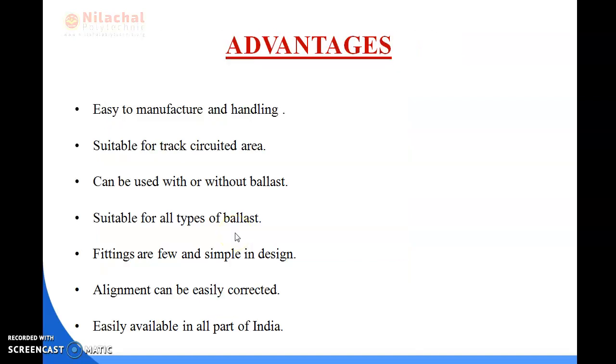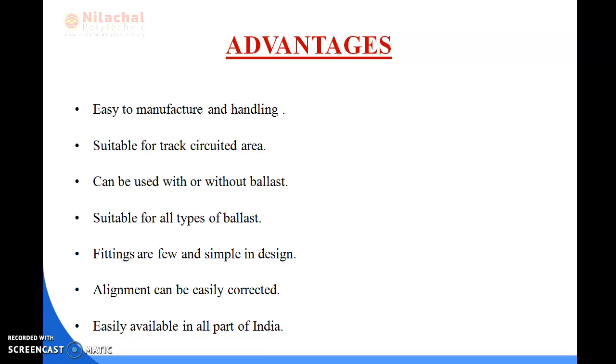Next are the advantages of the wooden sleeper. First, it is easy to manufacture and handle, because it is not so heavy. It is suitable for track circuiting areas, because wood is a bad conductor of electric current.